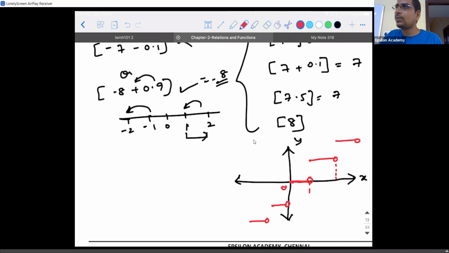By now, I'm asking you one question. Tell me the points where the greatest integer of x is discontinuous. At all integer points. At an integer it is a break. At 1 you are having 2 different points, your open circle and a closed circle. So the greatest integer function is discontinuous at all integral values. Integral means integer. At all integral values.